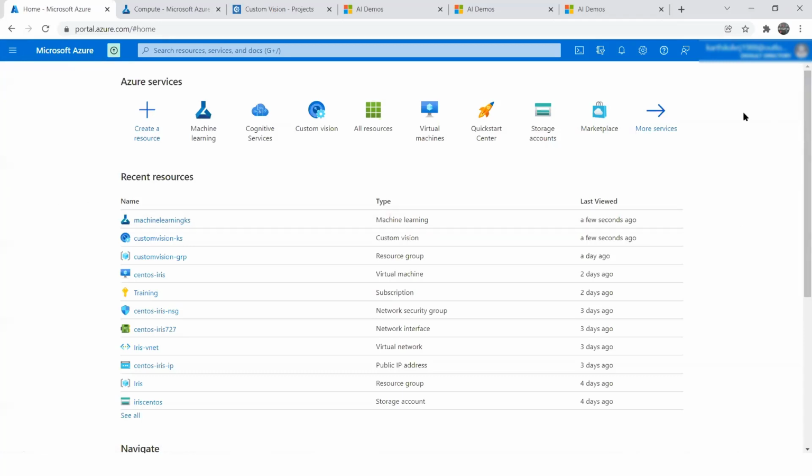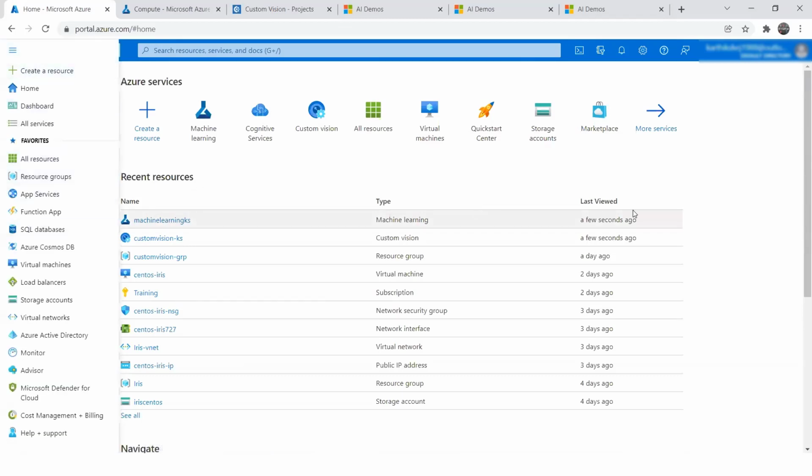Microsoft Azure provides you the capability to create free accounts, and they also give you credit of 14,500 Indian rupees for a month, which can be used to explore all their capabilities. You can just go ahead and sign up. Credit card and debit card details are required, but you will not be charged for it.